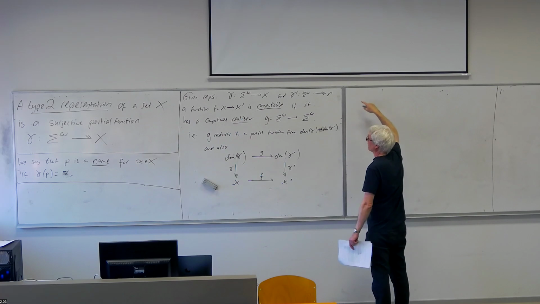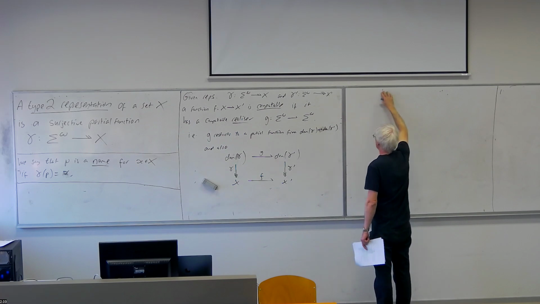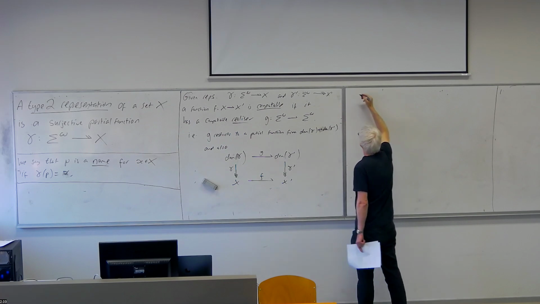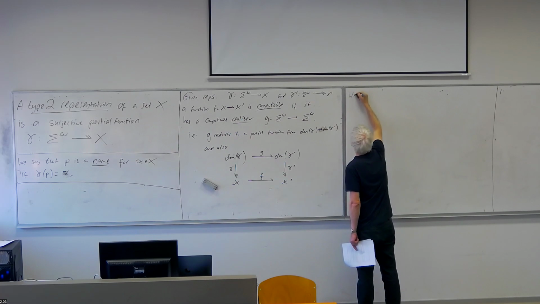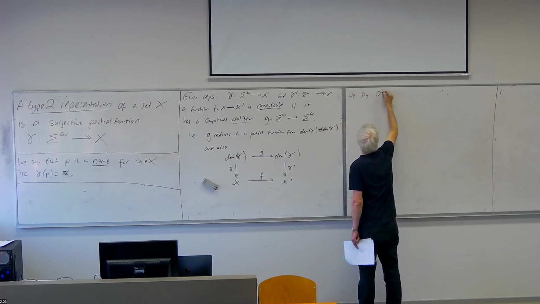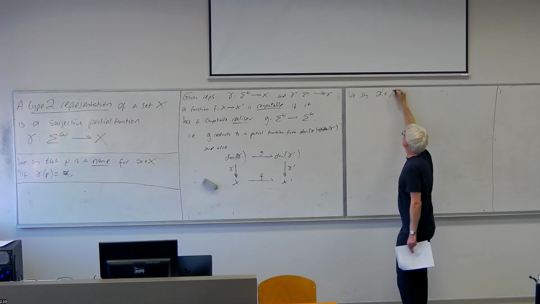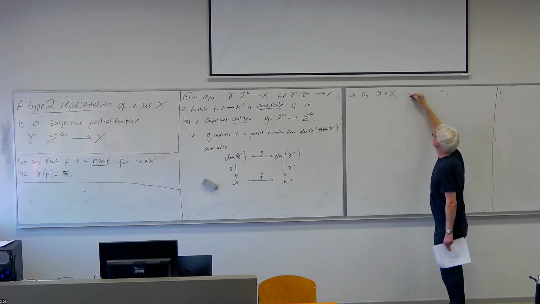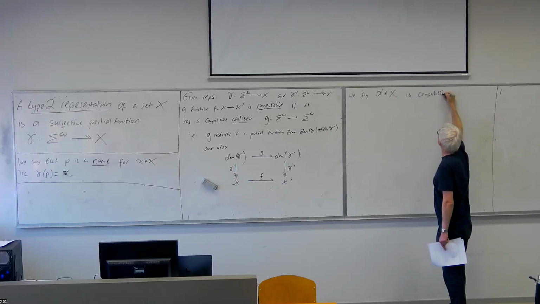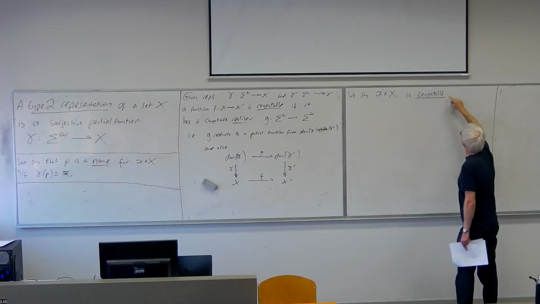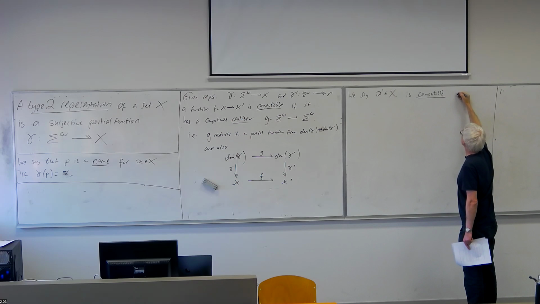I've already said the representations are gamma and gamma prime, so gamma is a representation, we say an element little x of the set X is computable with respect to the representation gamma,